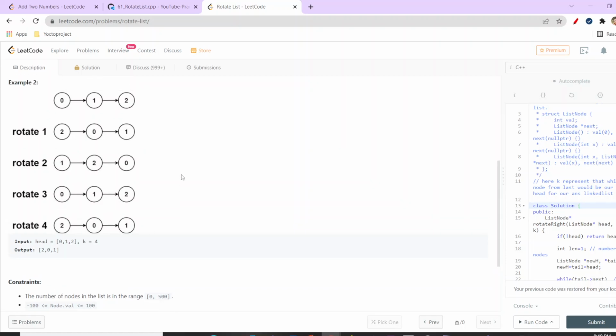But here, one thing is that when the length of the linked list is less than the value of k, then we simply do modulo of that k value, and whatever comes up is the number of rotations we are required to do. Here the k value is 4 and our length is simply 3, right? So we can see